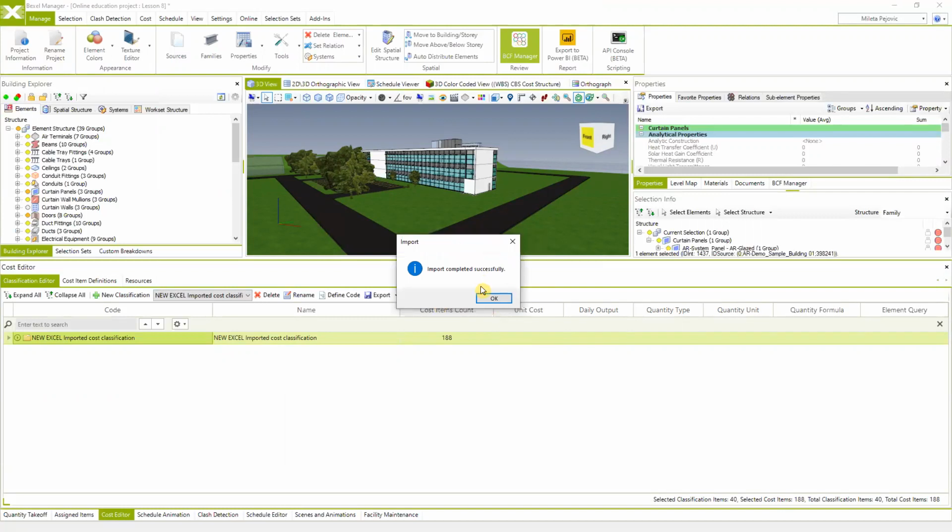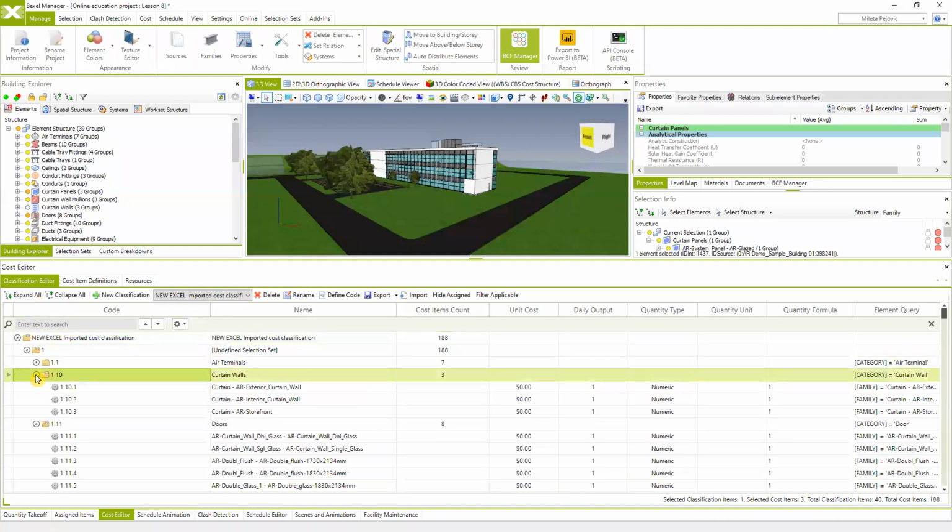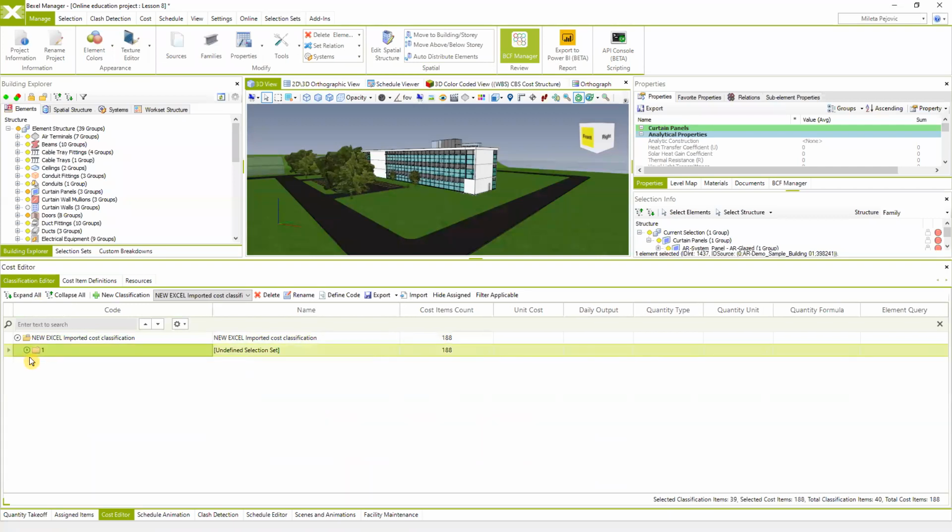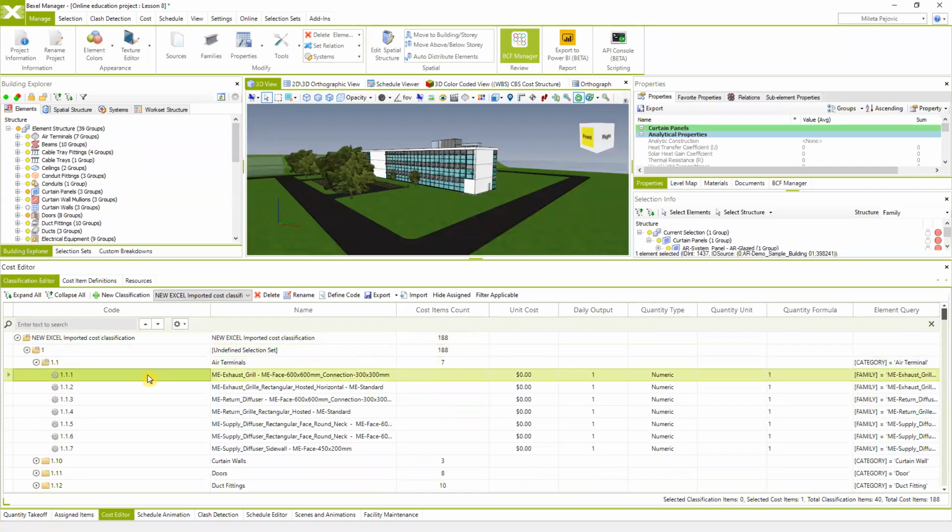So the system provides you info that import is completed successfully. And then if we expand all the items from the generated cost classification, you'll be able to see all the imported cost classification and cost items, cost definition items, which are imported from the Excel spreadsheet. So these are all different ways how to automatically generate cost classification,